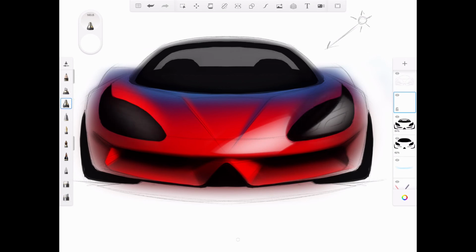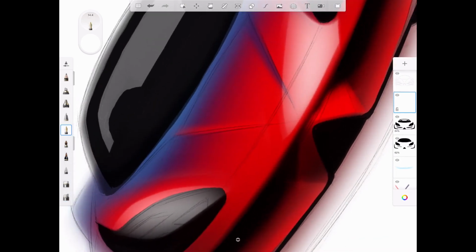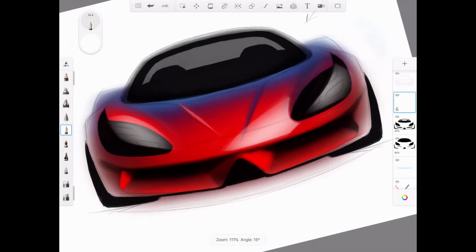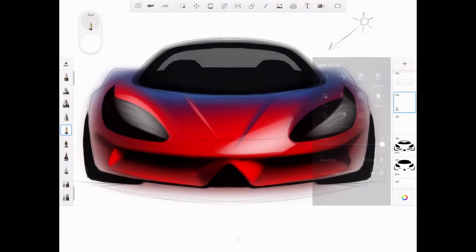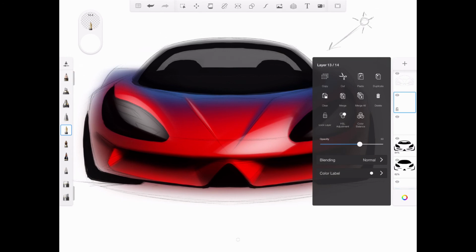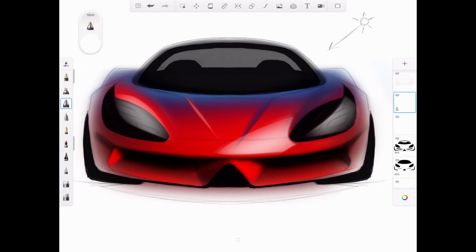Now we're going to put some on this side. The surface that's facing back towards the sunlight is going to get also a white halo. I might put a little bit on this as well. Let's turn down the opacity on that. That's picking up some white as well. I'm going to add another layer, and I'm going to turn the opacity down a bit, and I'm going to add an airbrush glow to the windscreen